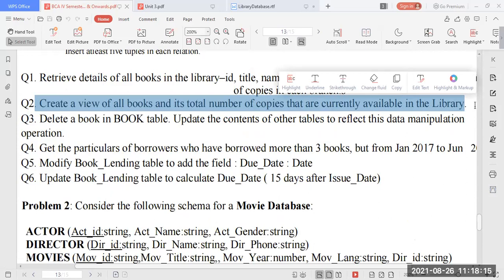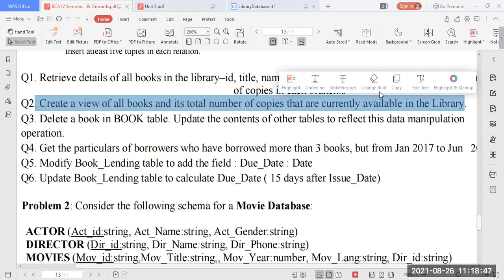We have to create the queries, and they are asking how many books are there with us. We have 5 books. How many branches are there? We are having 5 branches. The 5 books are DBMS, Java, Python, data structure, and cyber security: B101 to B105. And the 5 branches are BR101, BR102, BR103, BR104, and BR105.